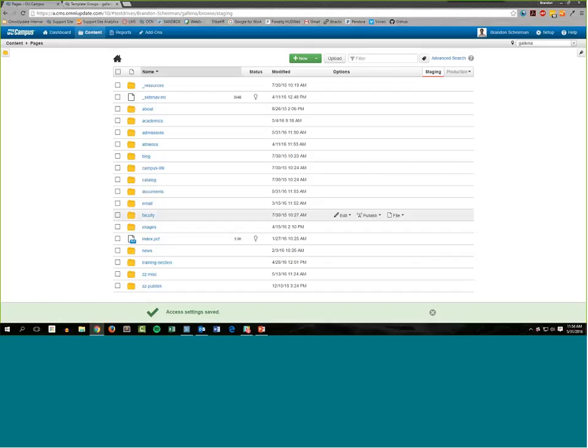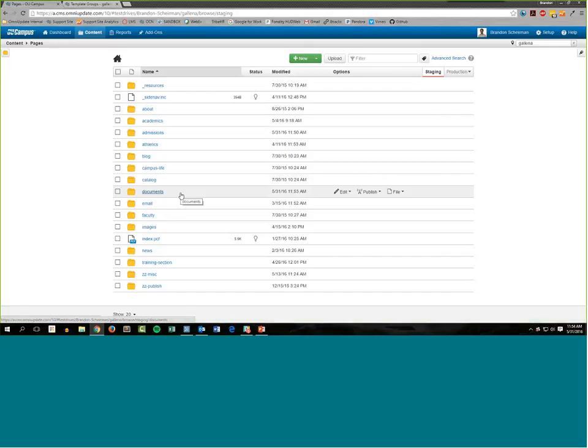Now, kind of the corollary to what I've done for the images and the documents is that you want to make sure that users can't upload those things everywhere else inside of your site. So what I probably should have done at the site level at first is disallowed those extensions, so all of my PDFs, my documents, my Word files, my PowerPoints, and then all of my image extensions. I should have disallowed that at the site level and made it happen recursively,